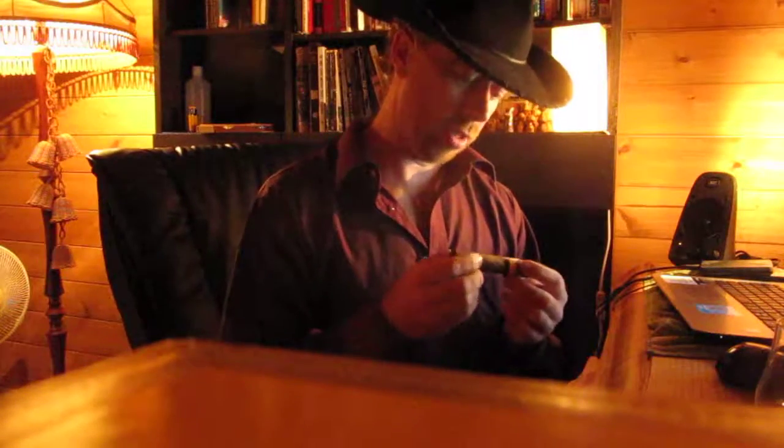Alright, so I think we're on here. I'm going to review this vintage 2006 Cohiba Maduro. It's a short Robusto here, and just really feels awesome in my hand, and it's totally packed out with